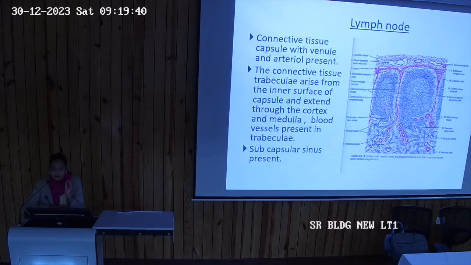Now this capsule will send septa here into the parenchyma. Okay, so these septa are known as trabeculae. तो हर जगह यहाँ पे capsule sends into the parenchyma septa which are known as trabeculae. तो जब आप स्लाइड focus करेंगे आप देखेंगे कि ये capsule की तरह है और कुछ divisions दिख रहे हैं,